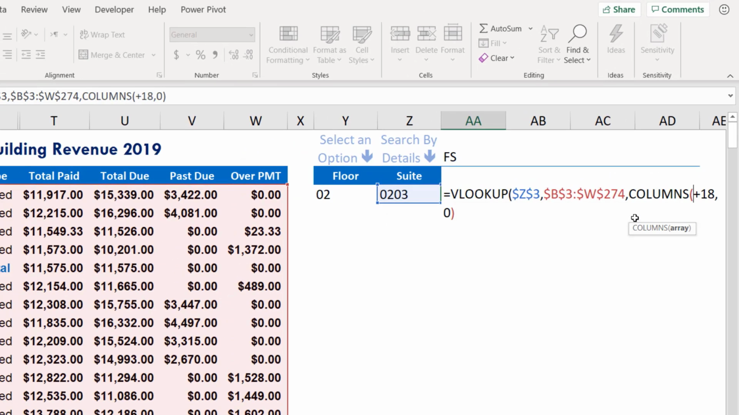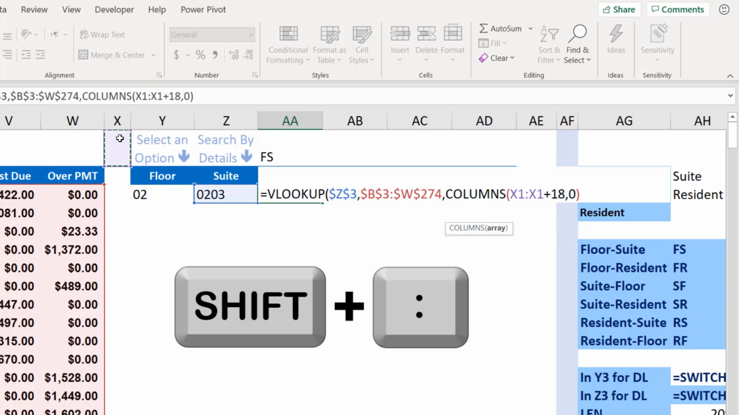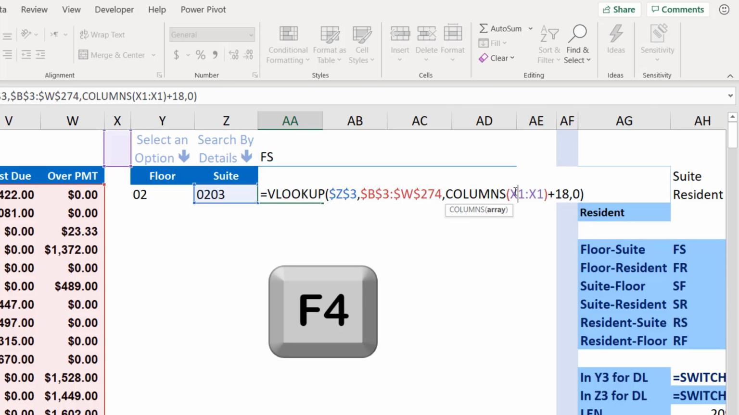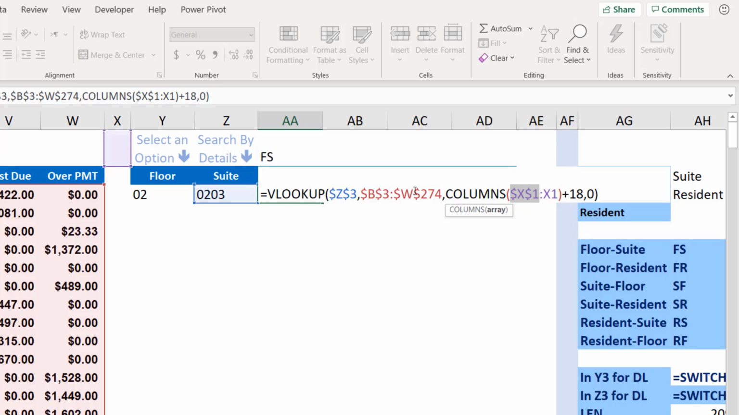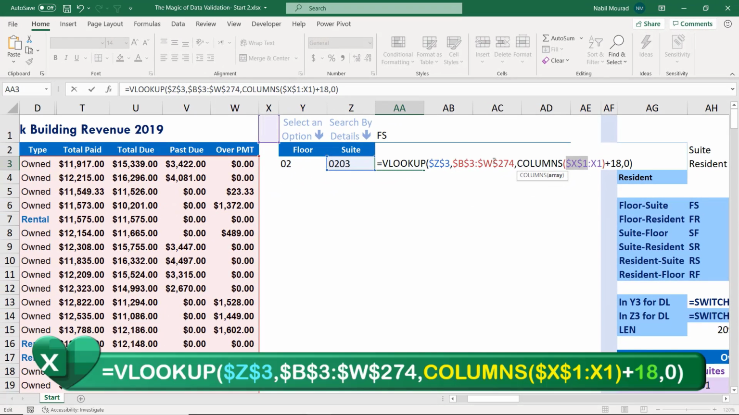The columns function requires selecting a cell and the same cell one more time. You can select any cell you like. I'm selecting cell X1, and then I hit Shift+: to select the same cell one more time, and then I close the bracket. From X1 to X1, that's one single cell. But if I lock the first reference by hitting F4, now as I copy to the right, that will create an incremental number and my function can be